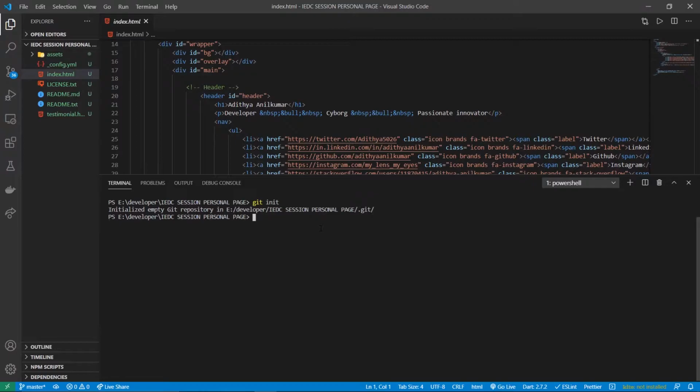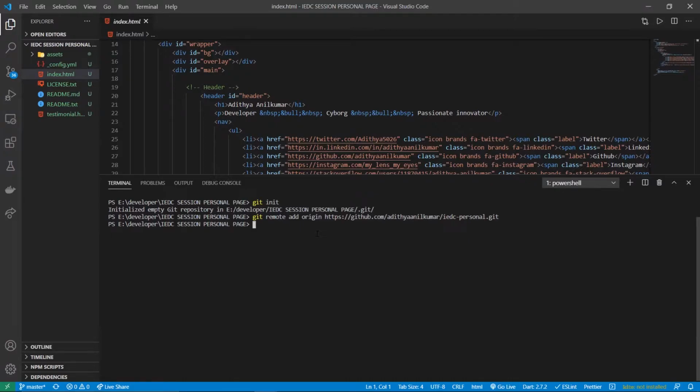That's the repository on GitHub. So the command that you give is git remote add origin and paste in the URL that you just copied. That will link the repository in GitHub and your local repository together.